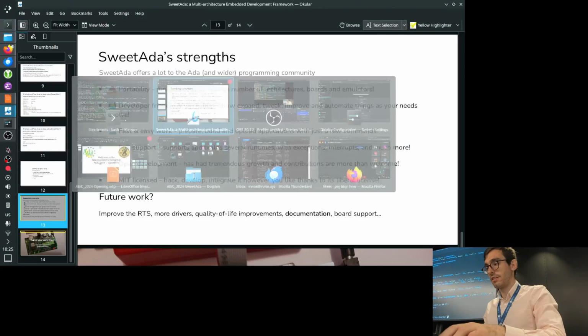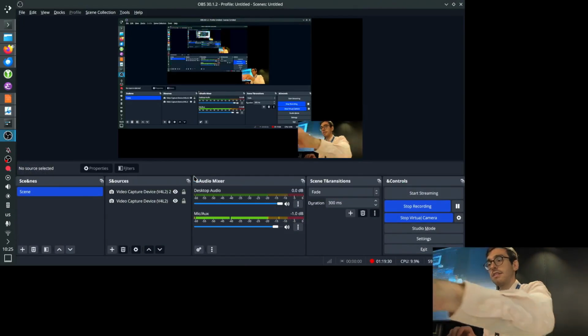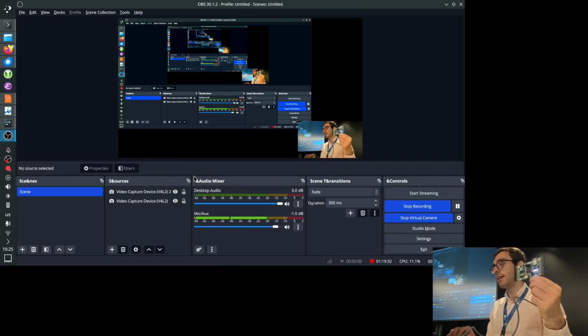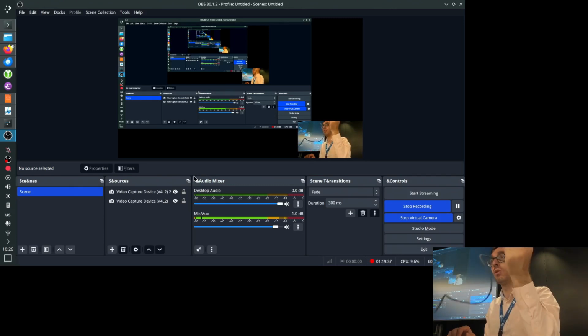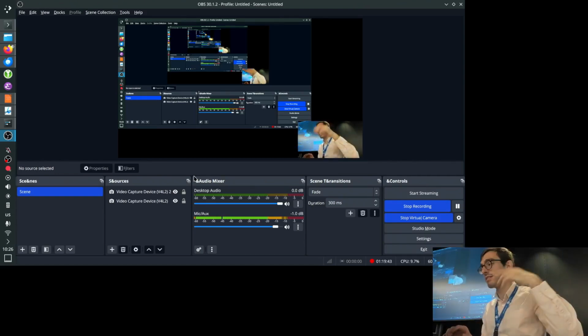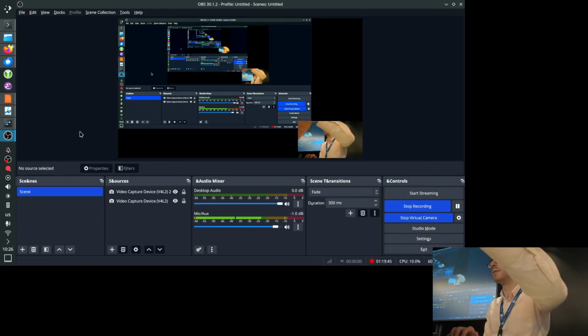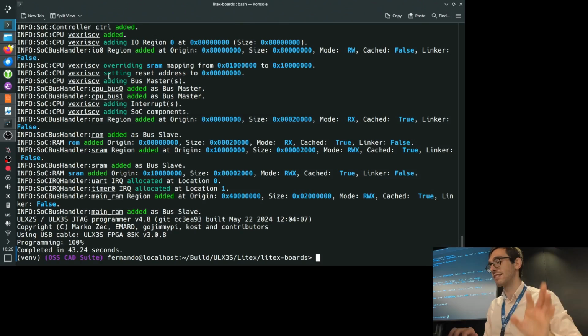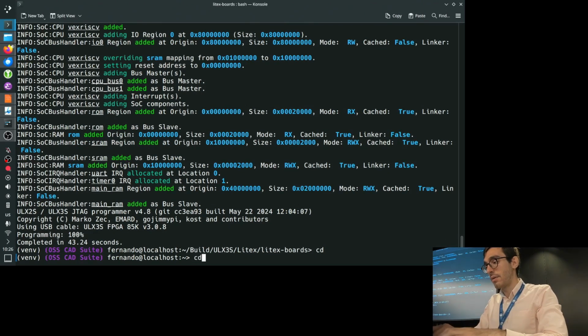And we are done. So that you can see it, it's now the FPGA. You have like a rainbow thing going on. That's the actual code of the FPGA. This is the electronic circuit. This is not SweetAda. This is nothing like that. That's the initialization procedure and the bootloader and fancy things that are happening thanks to Virtex, which I will not explain. But now we can go into build,